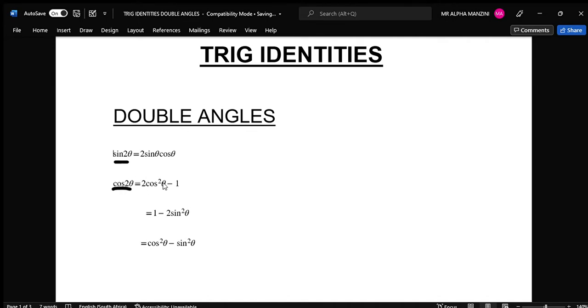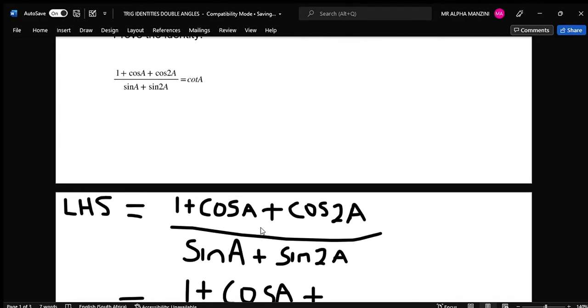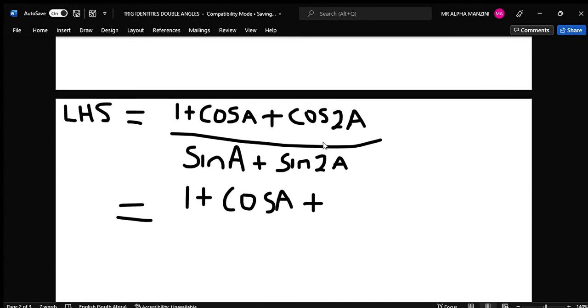That means it's 2 cos squared A minus 1. So instead of cos 2A, we say it's 2 cos squared A minus 1, all over